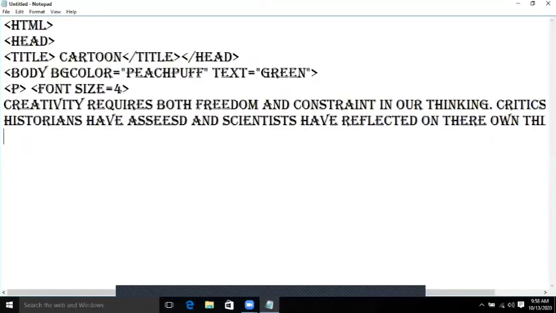Now after that change the line and use the image tag by using img src.